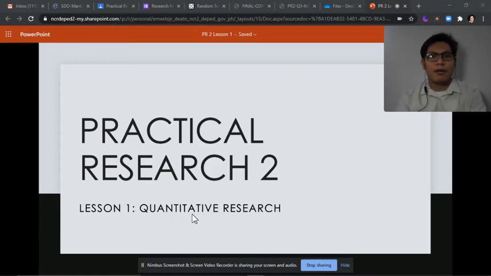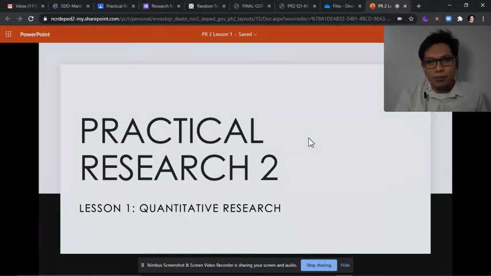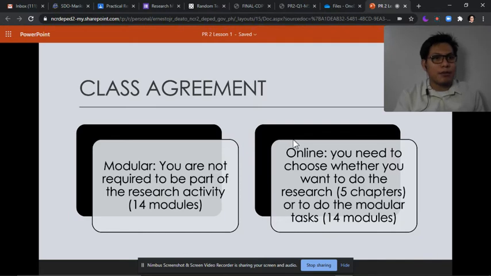But before that, I would like to make a class agreement since I told you last week that I will still push through to our research activity, and it will be unfair if I require the modular students, since some of you chose modular because of technical or internet connection reasons.